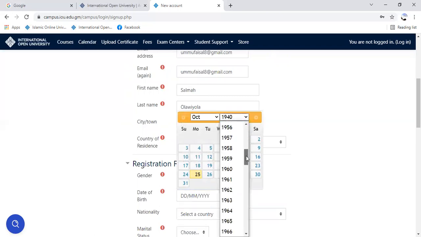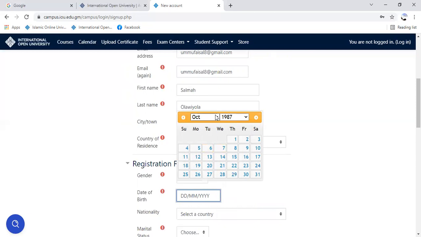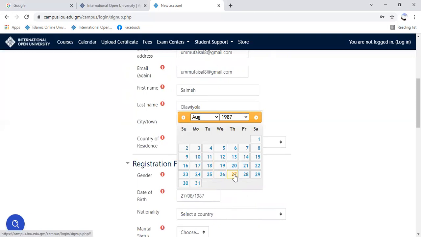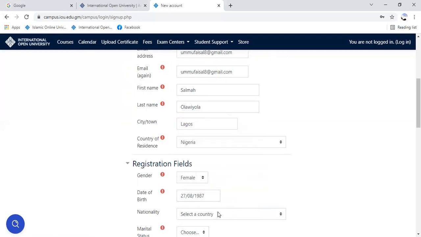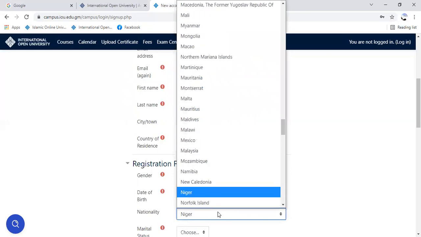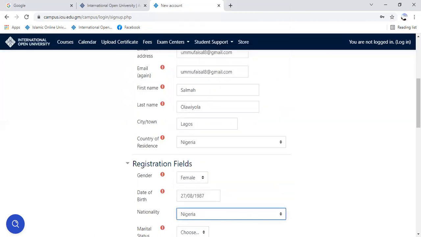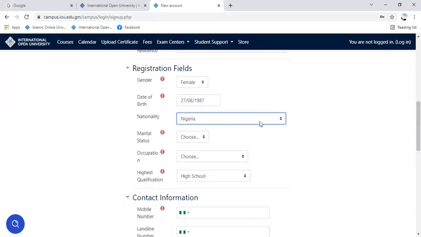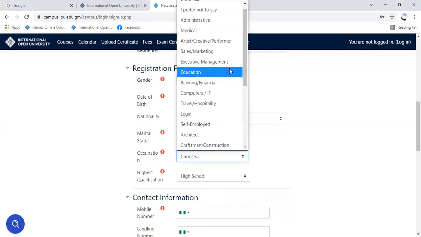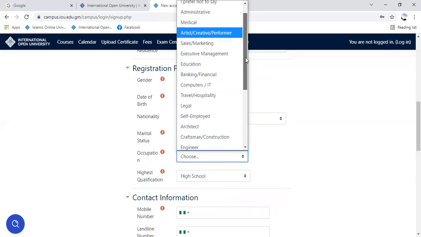You start with the year, you pick the year, then followed by the month, and then followed by the day. After that, nationality, we are from Nigeria, of course. So click Nigeria, and then your marital status, your occupation, you can select any of these from this list.